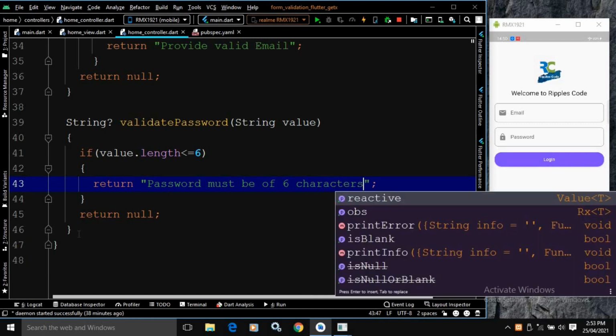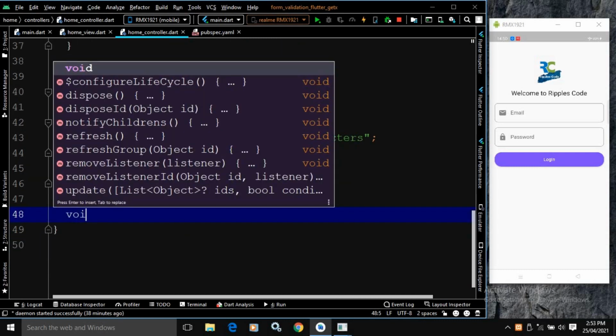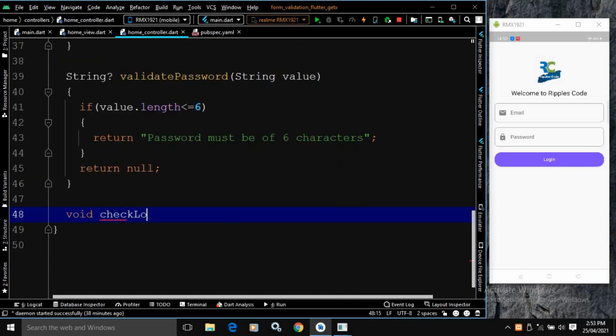Right, now here I will create a method to do the login. So here I will write void checkLogin. Actually this function will validate the form, and if the form is valid, then it will perform the login functionality.